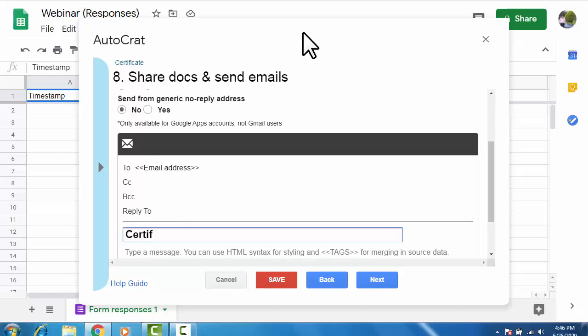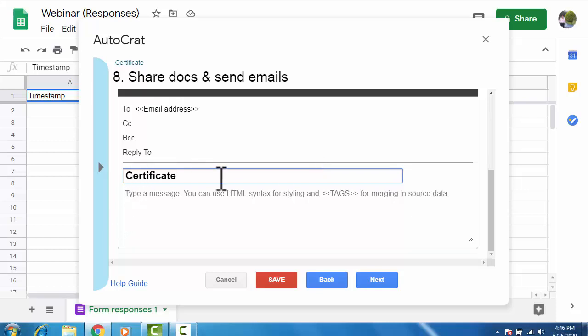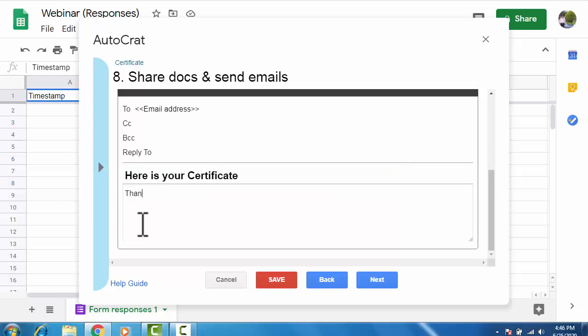Okay, and the subject: certificate. You can write any subject that you want to give to the participant, or you can write where is your certificate. And you can type any message, thanks for participation.